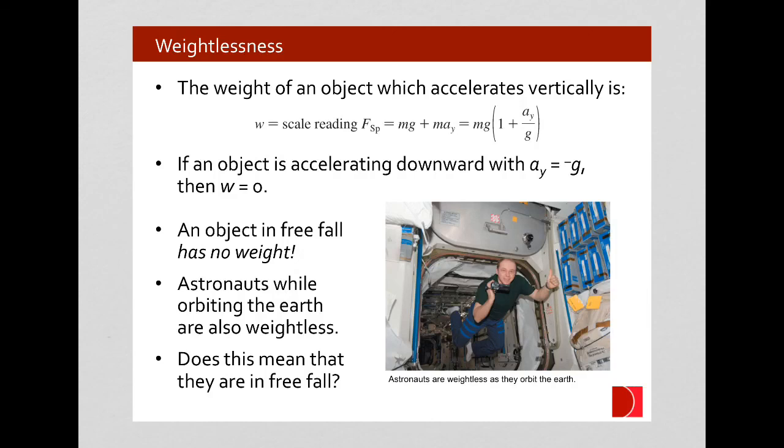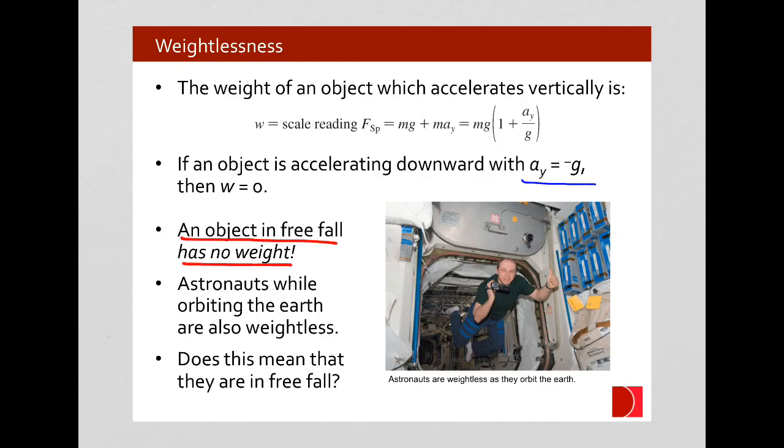We just saw that the weight of an object measured by the normal force required to hold that object up is not always equal to the gravitational force. But if the object is accelerating upwards and the acceleration in the y direction is positive, then the weight will be greater than normal. And if the acceleration is negative, the weight will be less than normal. Taking that to an extreme, we can see that if the acceleration downwards is negative g, then this whole term goes to 0, and the weight goes to 0. And so an object in free fall